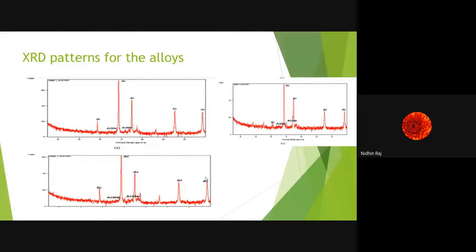Now, XRD pattern analysis was also carried out to confirm the presence of an intermediate phase, or the presence of nickel, in all the alloys. Okay, so the diffraction patterns obtained for different alloys are shown in this figure, with 3% nickel alloy solutionized at 450, 480, 510, 530, and 550 degrees. Now it is seen from the pattern that the peaks resemble silicon, aluminum, and Al3Ni. This was confirmed based on comparison with JCPDS data cards,